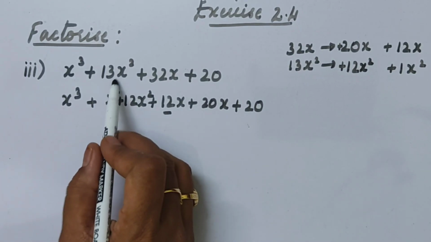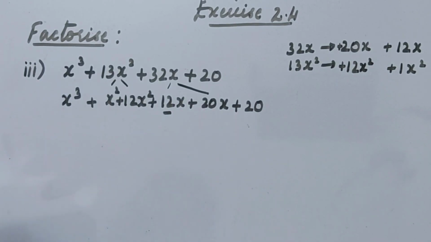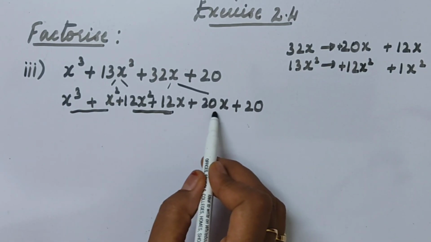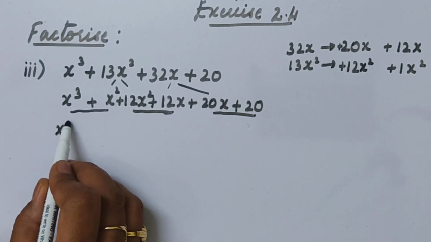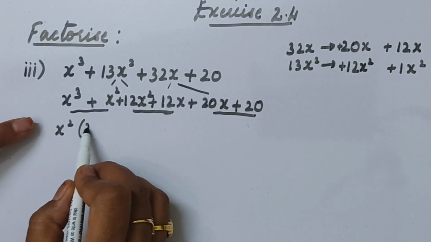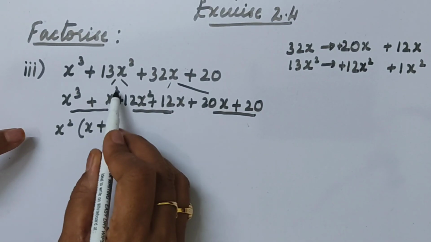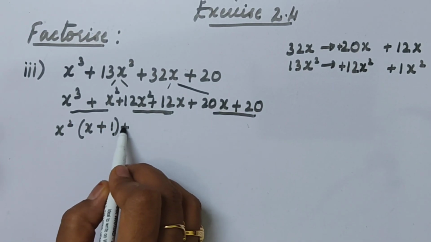Okay. So see here x square terms, and these two I have split here. Okay. Now you can check in these two terms, in these two terms, and in these two terms. In these two you can find x square is common. If you divide this with x square, I am going to get only x here. Then this plus sign, x square ones are x square ones are. Now this plus sign will come here.